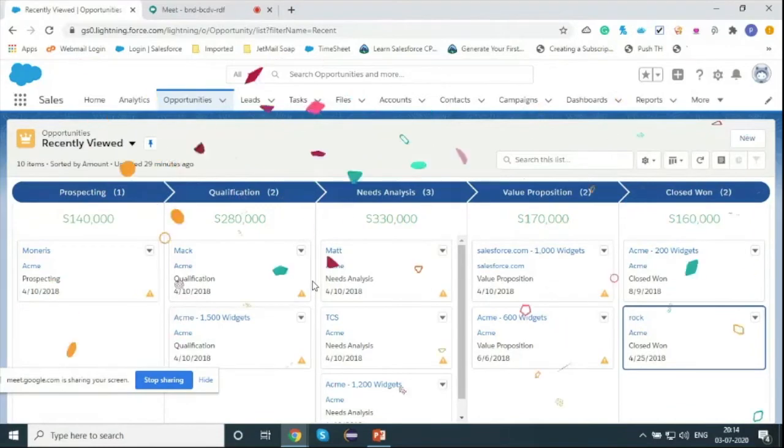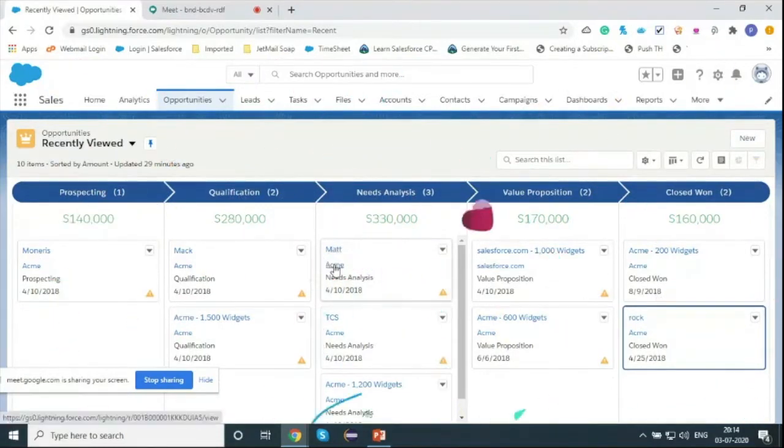With key fields, Salesforce also provides the guidance for success. So guidance for success is where you can simply leave a note for your sales rep on how to reach the next stage. Let's have a quick demo of Kanban view celebration also.